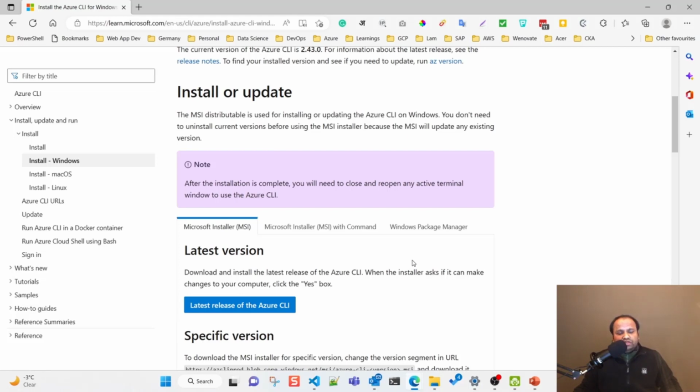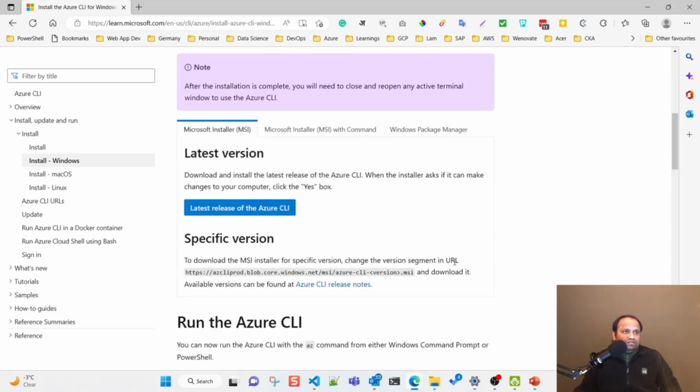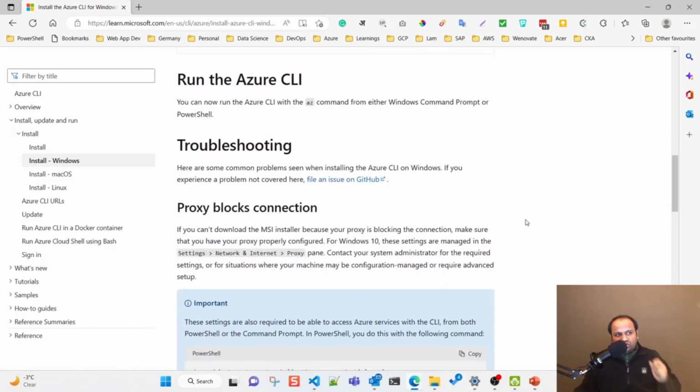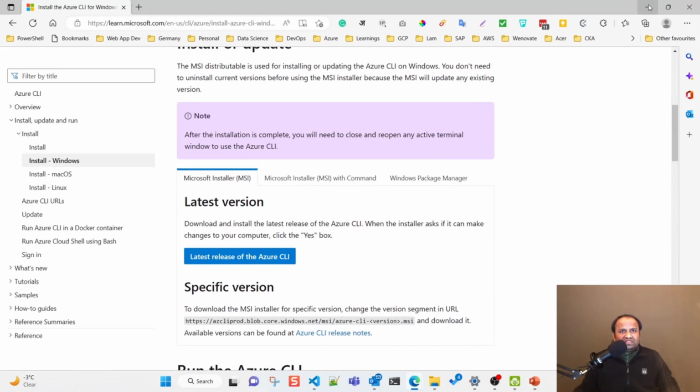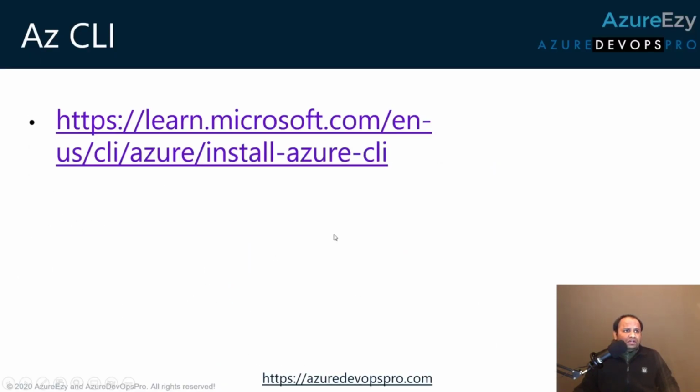For macOS, you have a different way of installing tools. For other Linux flavors, you have a different way of installing tools. So Microsoft has given you appropriate ways to do it. For example, for Microsoft Windows, you might install it using an MSI file or maybe a package manager such as Chocolatey. Once you have this tool, the next thing that you need is